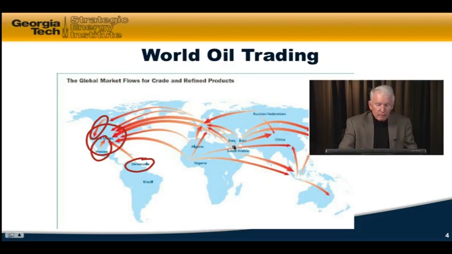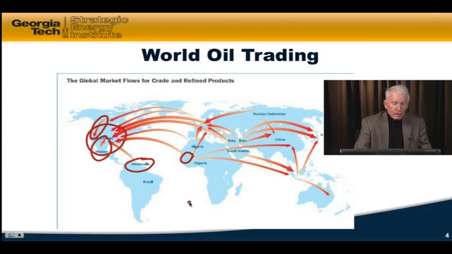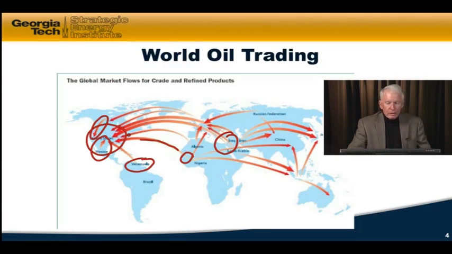And then what's the origin of them over here? Well, here's Nigeria. Nigeria is shipping a lot of oil. You notice this component is coming to the U.S. We get a significant amount of oil from them. We get it from the Middle East over here, which is all bundled together up here in Saudi Arabia. All these arrows come in to the U.S. The Middle East also ships oil to